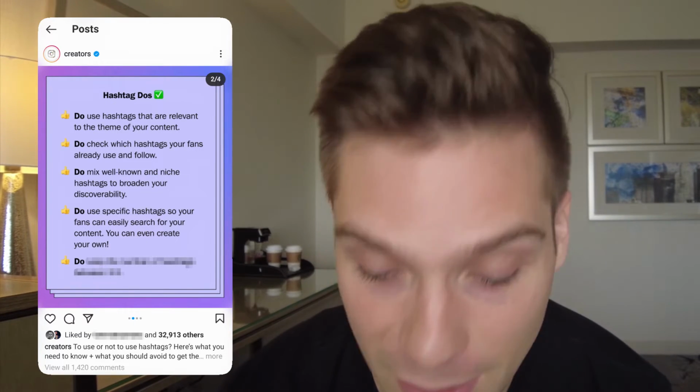So they're referring to branded hashtags here. And do keep the number of hashtags between 3 and 5. And this is the biggest thing that's sending shockwaves throughout the Instagram community, because that's conflicting with other information that we've heard even directly from Instagram in the past. Plus, big point we want to emphasize here is their other do's on this list are very difficult to achieve when only using 3 to 5 hashtags. So we're going to talk more about this in a minute, but let's move on to the don'ts here.